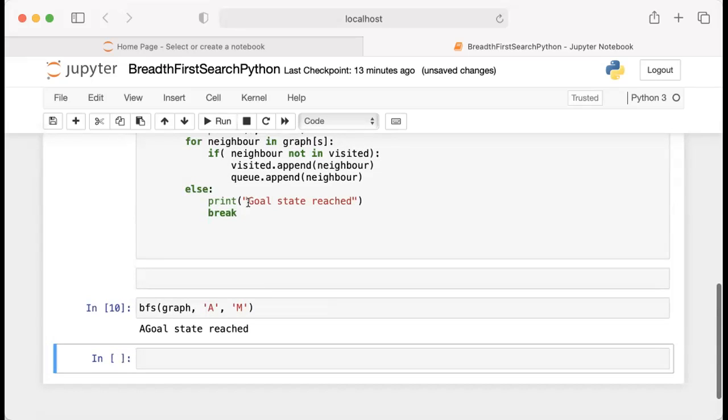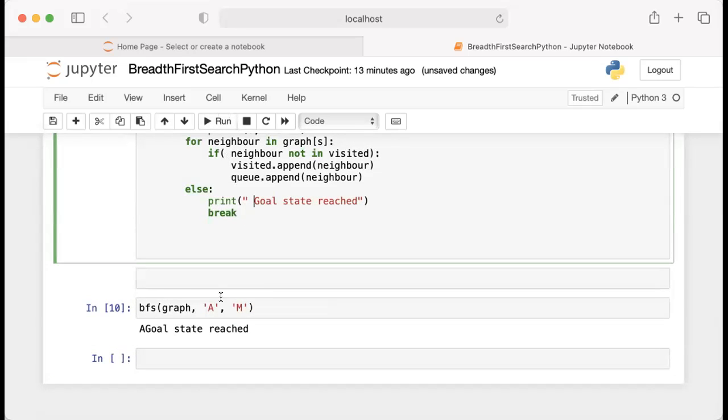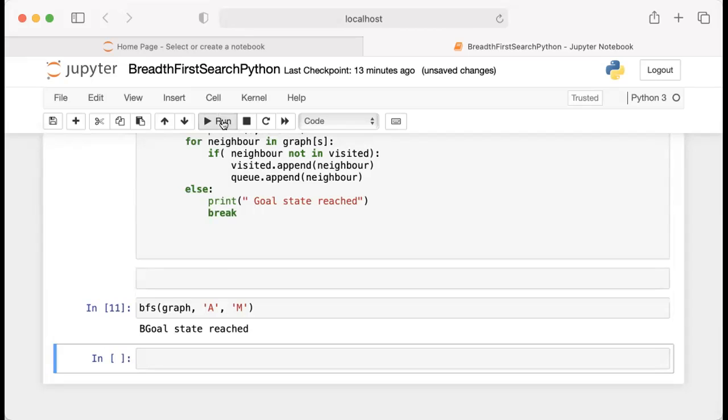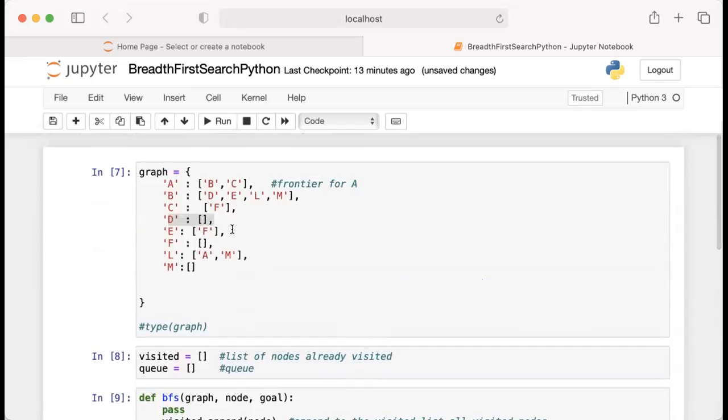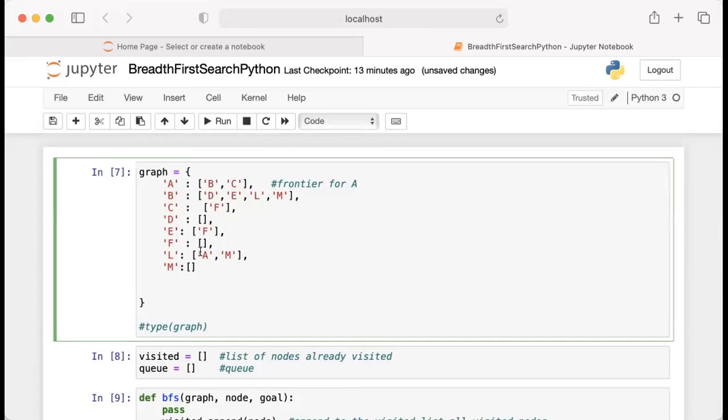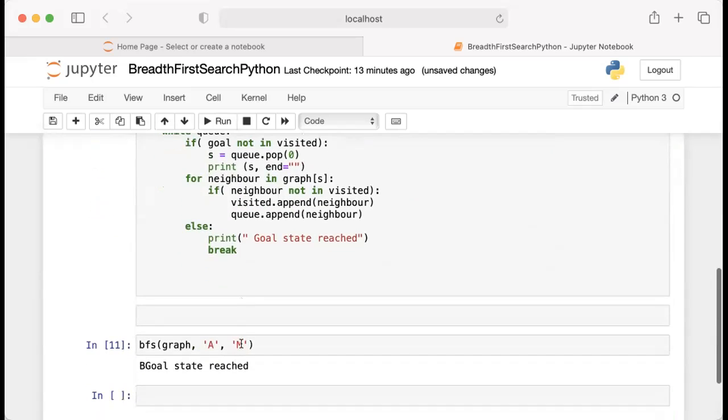Okay, goal state. So let me just put a space here to quickly make it A through M. We're reaching too quickly. So I'll just say let the goal be